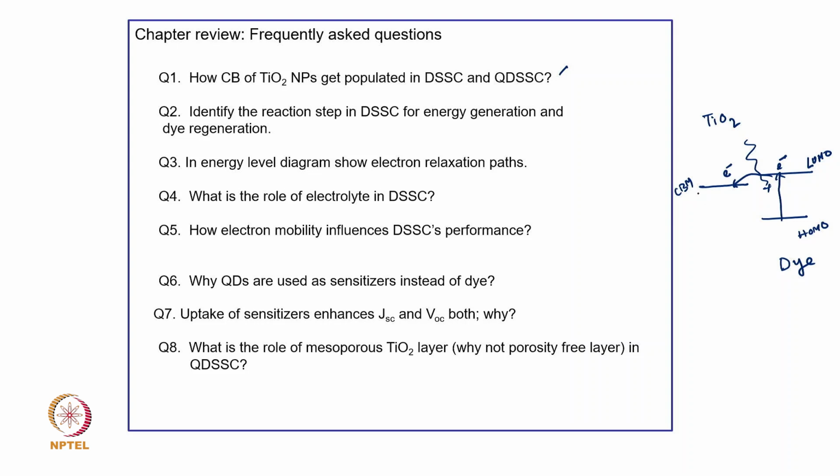We know that when the electrons are produced here in TiO2, there is a transparent conducting oxide connected with that, and then the electron follows this path, goes through the load and eventually goes to the counter electrode, which is a platinum layer. Now, in between there is electrolyte,